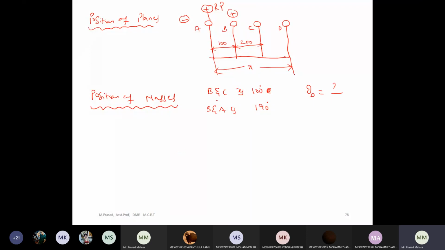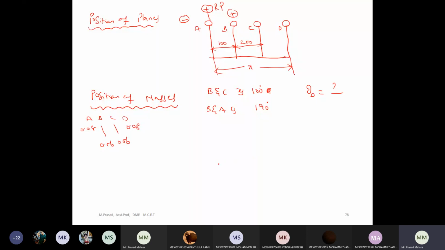If B and C is 100 degrees, let us draw a line B which makes an angle of 0 degrees. But we know the radius of rotation for each plane. I'm mentioning here A, B, C and D. A is running at 0.08 meters. D is running at 0.08 meters, and B and C are 0.06 meters. B and C are at a radius of rotation 0.06, A and D at 0.08 meter, or 80 mm and 60 mm.